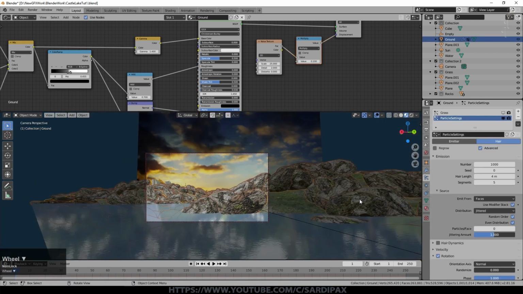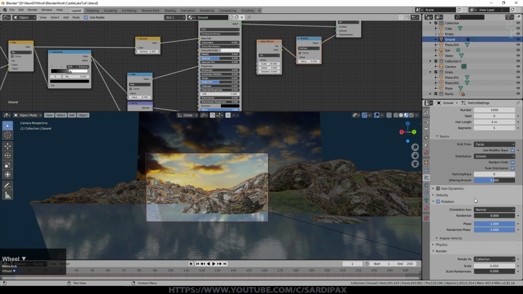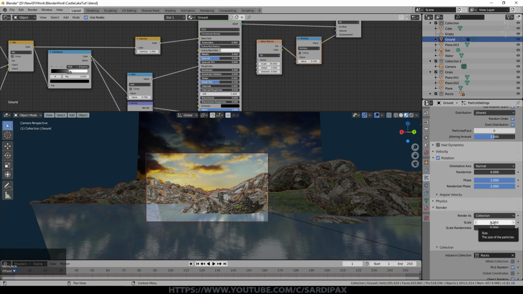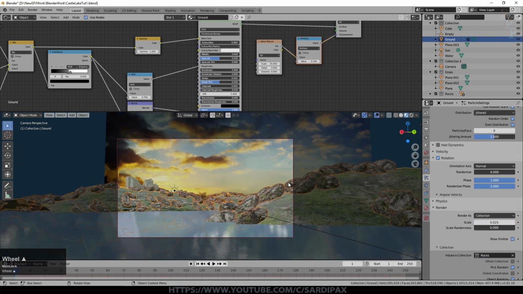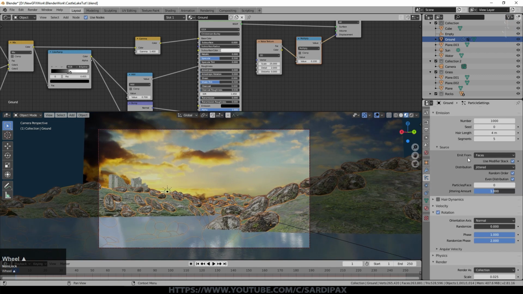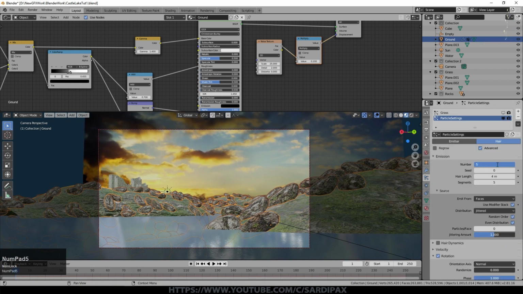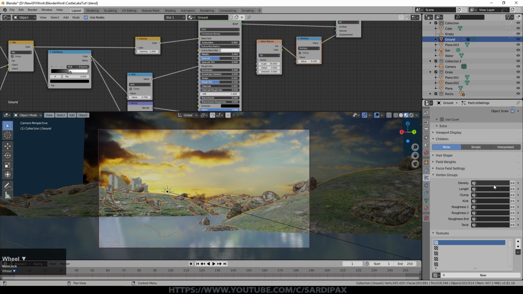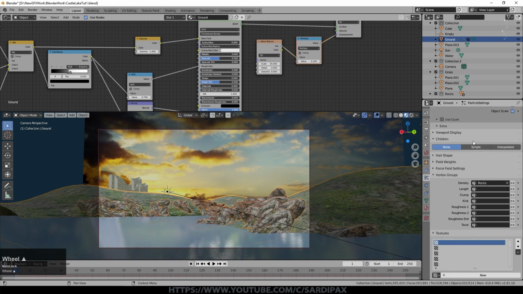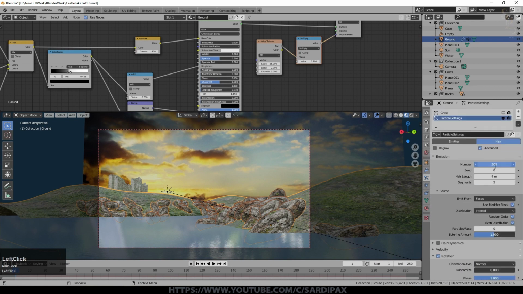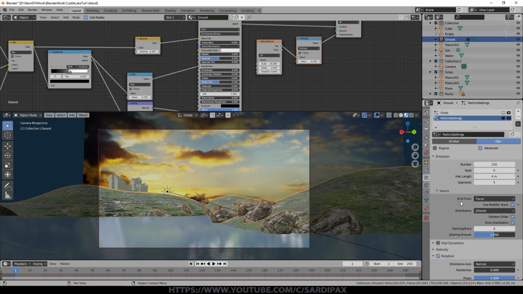Now they're obviously, even though I want these ones to be boulders, they're probably a little large at the moment, and we may not even need this many. So let's set the scale to 0.025, see what that looks like. It's not far off the sort of scale I want, probably too many, so let's drop it to 500. And let's also now use our rocks option, and we can drop the numbers of them much further now. So let's try 100. That's looking better.